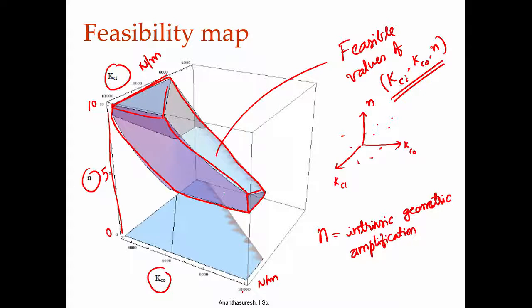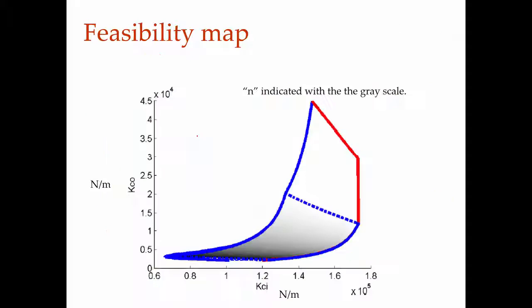So, in the previous one, if I go and look at this one, let us say I want to choose a particular value of N, let us say that one, then I will be taking a slice there, whatever the shape that is, I will be taking a slice. So, that slice is what we are looking at in the next one for a particular value, but then we